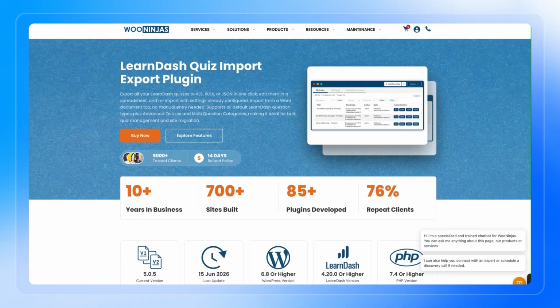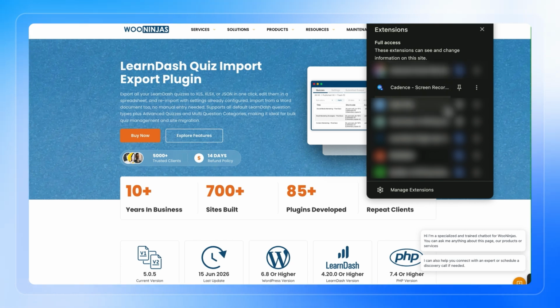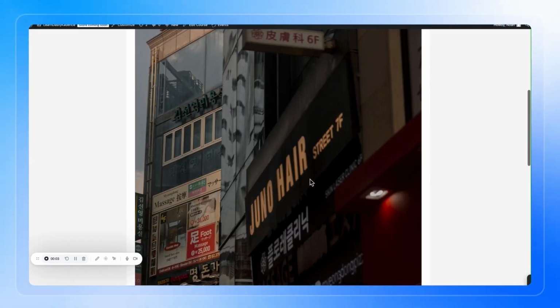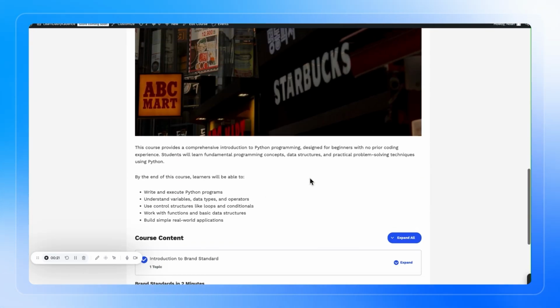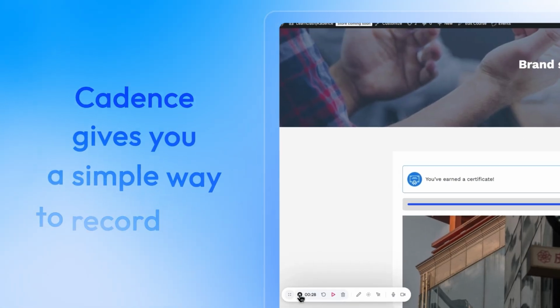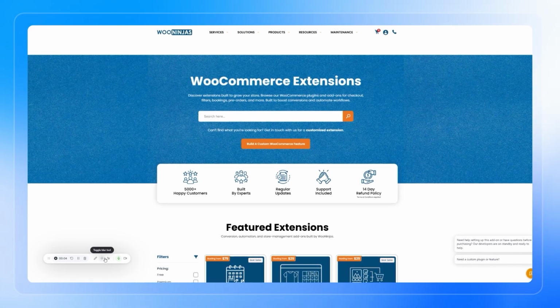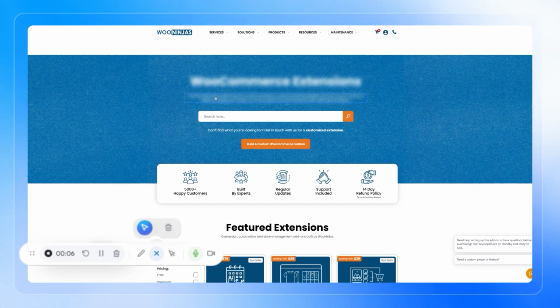Cadence runs as a Chrome extension, so recording starts right from your browser. You can capture a single tab, an app window, your full screen, or your camera feed. Whether you are creating a product walkthrough, course lesson, internal demo, or support video, Cadence gives you a simple way to record once and keep moving. And if there's something that you don't want to show, you can just use the blur tool and hide those